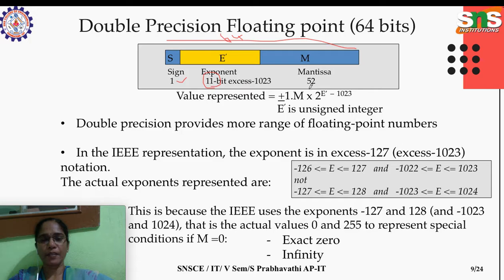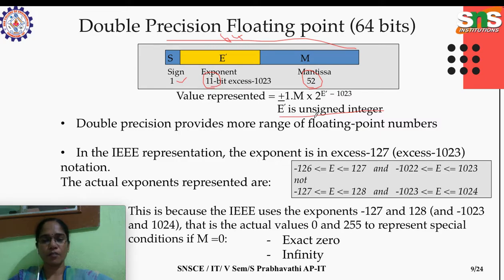Okay, and the mantissa is here, 52 bits. It's a huge number, and the value represented is plus or minus, same thing, one implicit, I mean normalized value, 1.mantissa times 2 to the power e' minus 1023. Here this e' is an unsigned number. Since we have biased it, we will be converting all the negative numbers into positive. So now it turns out to be a positive number always, after biasing it.